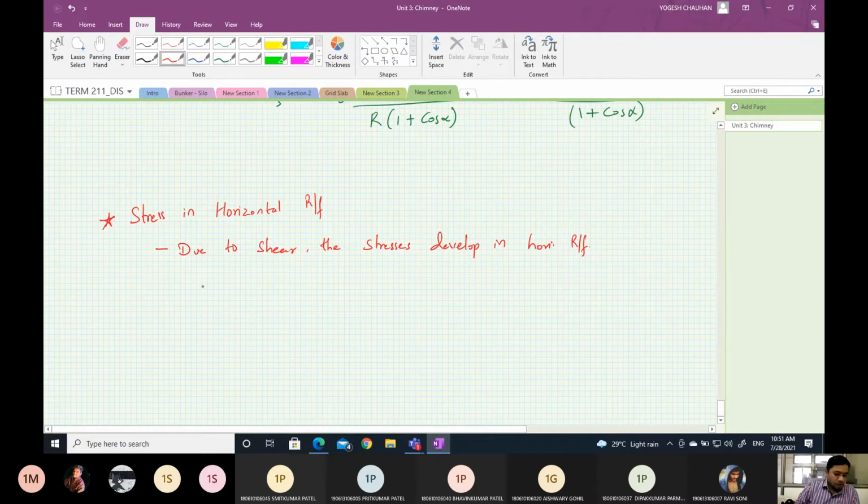Okay, let H be the horizontal shear on the section,